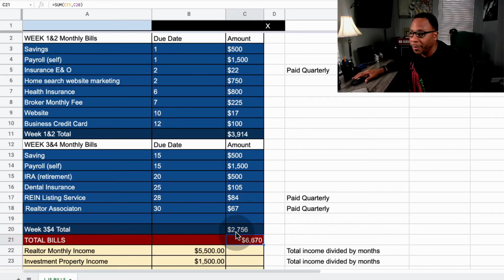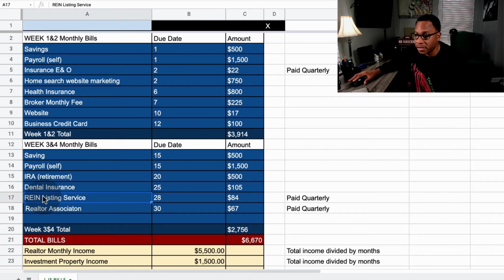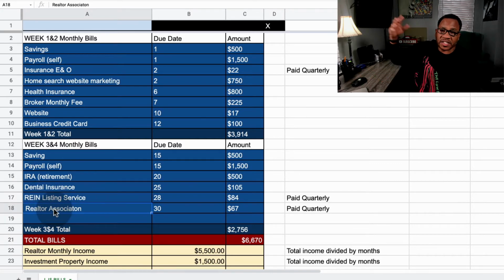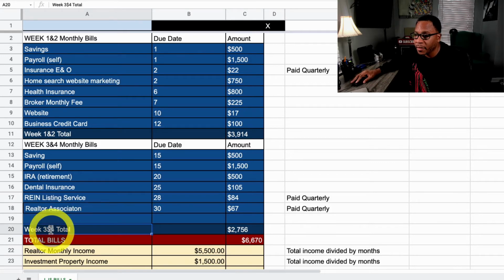Just follow me. We're in week 3 and 4, right? So I'm paying myself again. I have an IRA. So put your money in an IRA. Make sure you create an IRA so you have some retirement, get some dental insurance. Our listing service, of course, costs money. And then any realtor association fees, wherever you are, you have to join an association. And then,